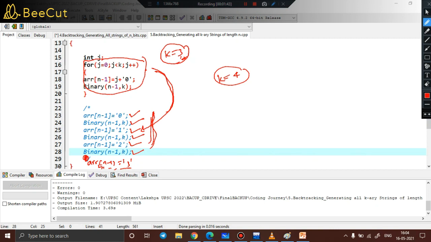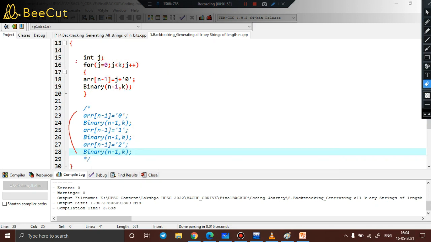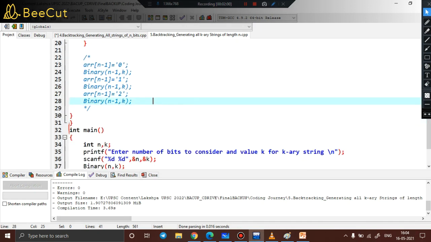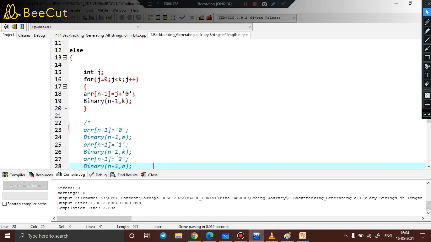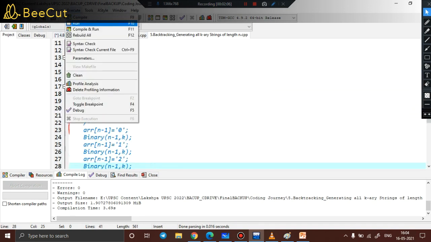increasing the length of the code and increasing the overhead, we can simply reduce the size of the code by converting it into a for loop. So here the for loop reduces our overhead, and it makes things very clear and short. So that is how the code is actually working. I have already discussed the working of the code. Here we are taking the inputs from the user and then calling the function. So let me just quickly run the code and see what the output is.